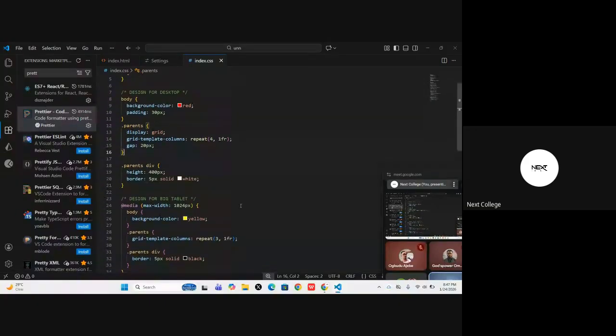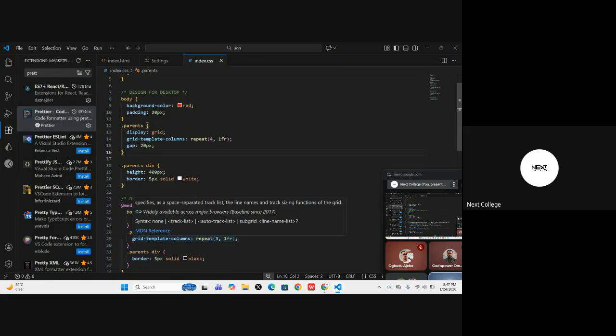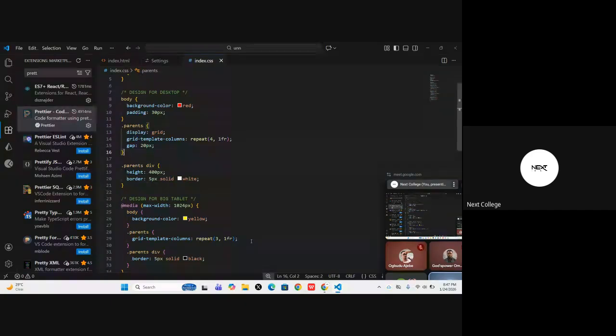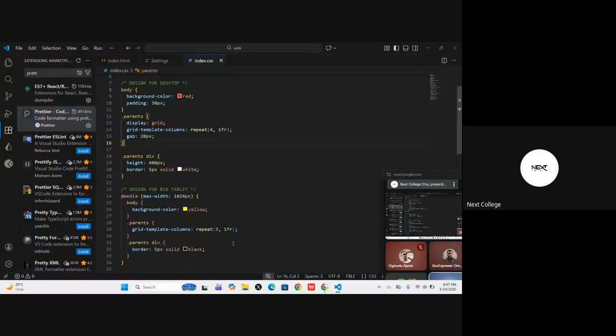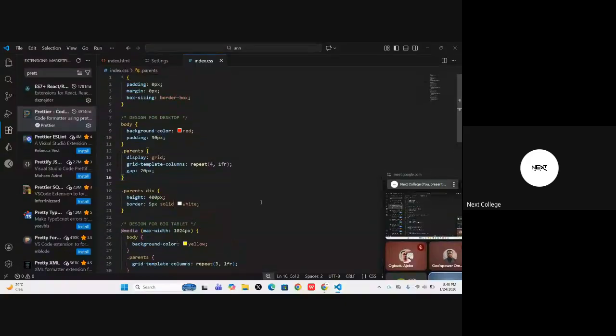And just move ahead, make use of our dot parents, then go ahead and add what you want to change. By providing it, automatically you are going to have only 3 columns instead of 4 columns. The same thing happens to our parents did, because now I want to change the color to black. Even though we just prepared everything here, I can just say another color of black. Automatically, it's still going to